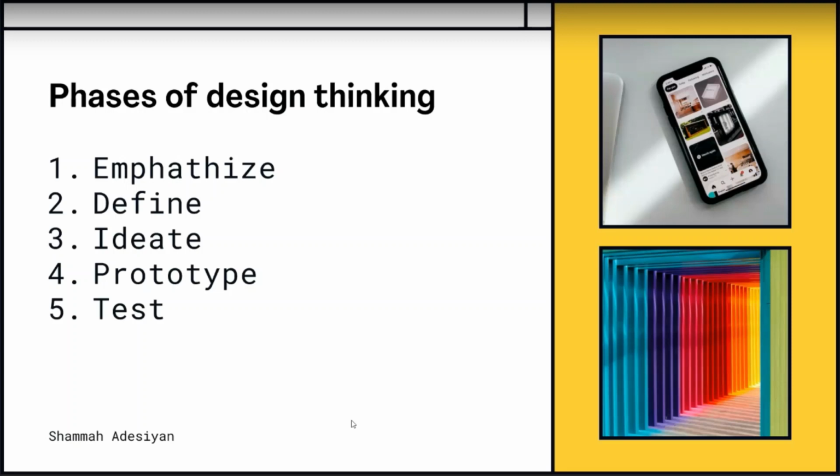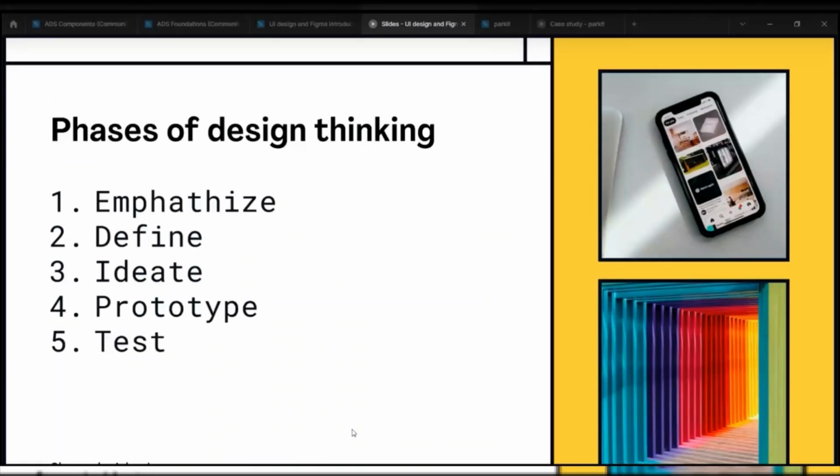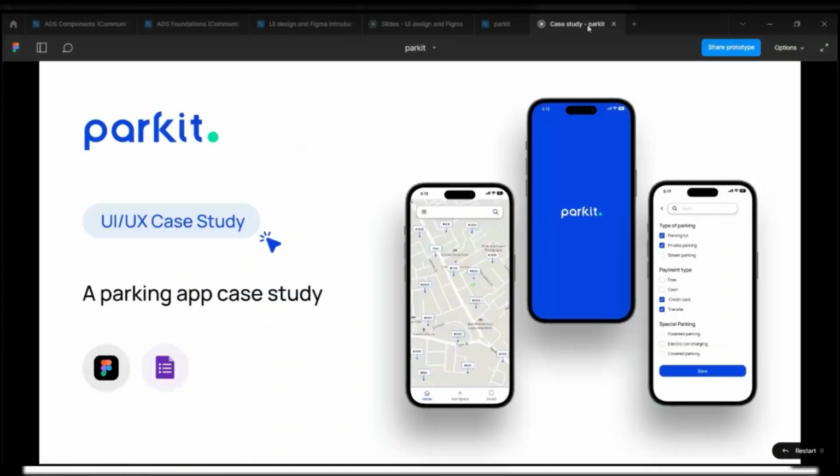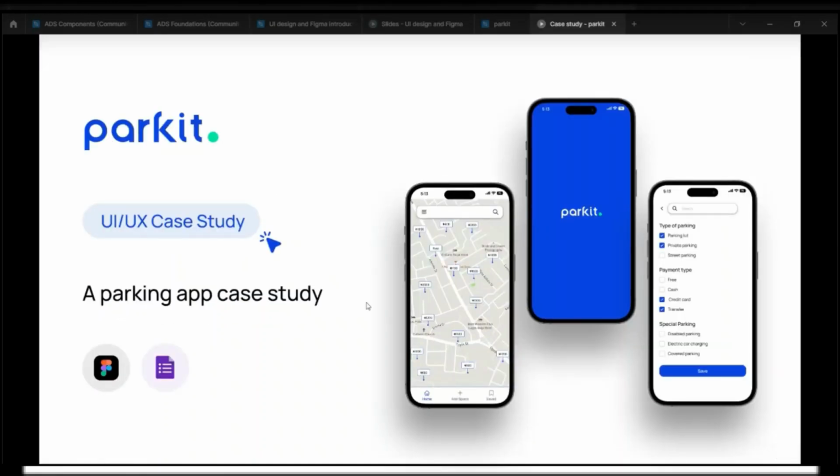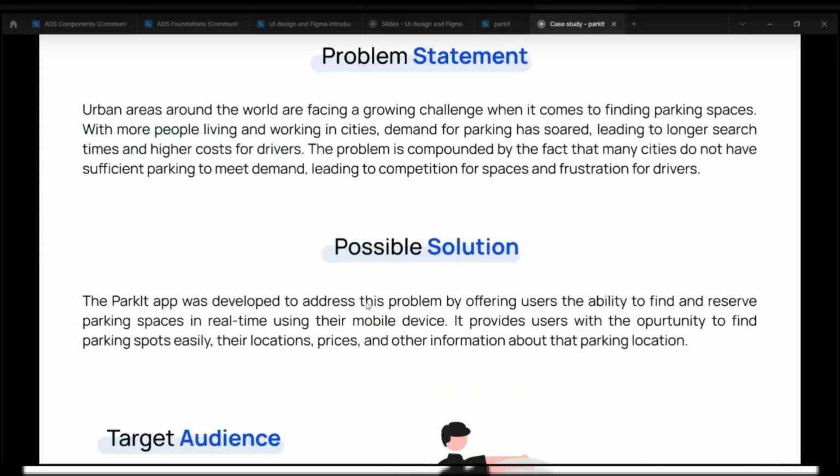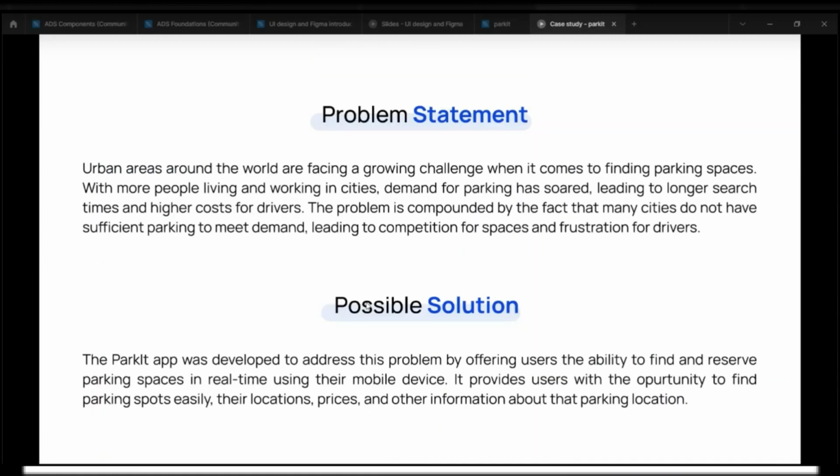I think I have an example of a case study I worked on. I want to show us the problem statement. This case study is available on my portfolio, my Behance portfolio, if you want to look at it. Now look at this problem statement. I created it for a